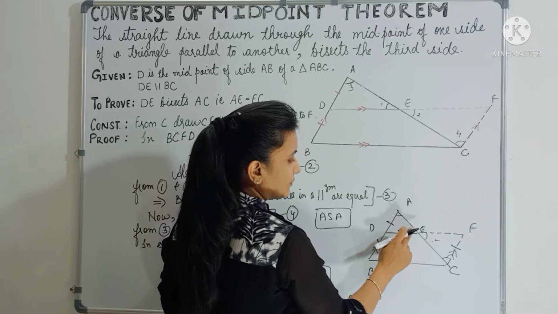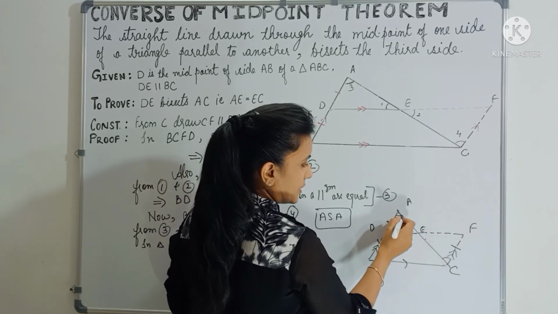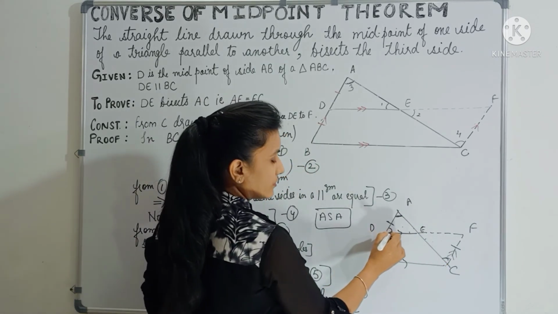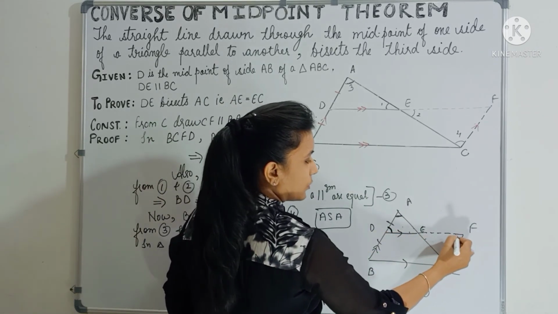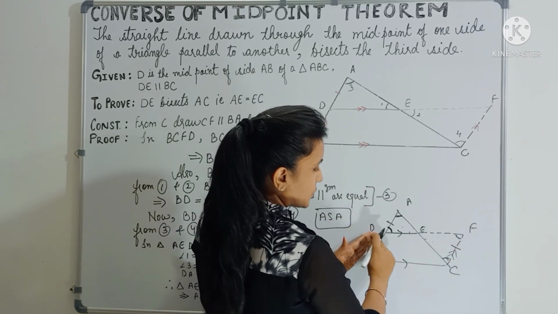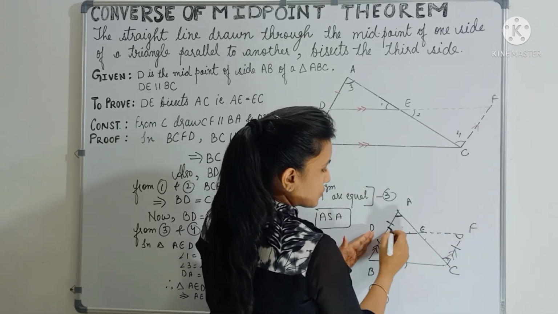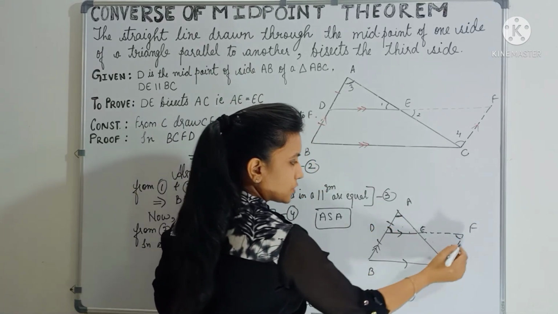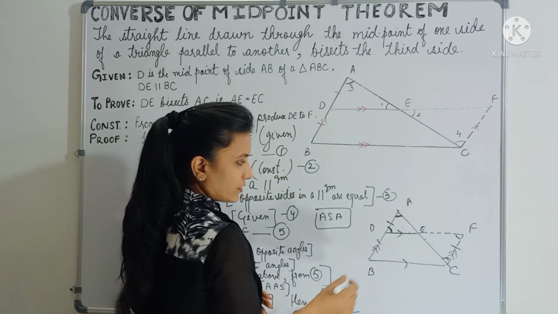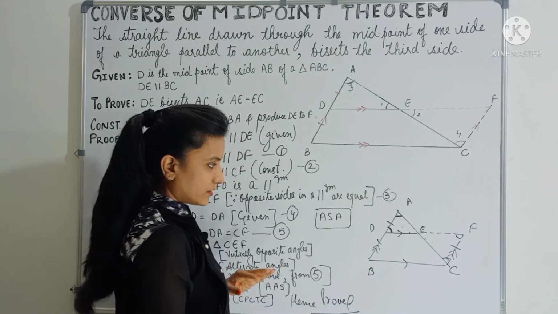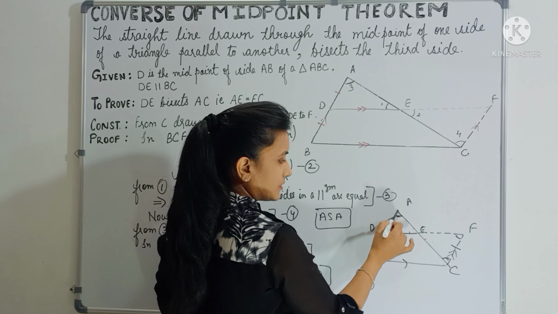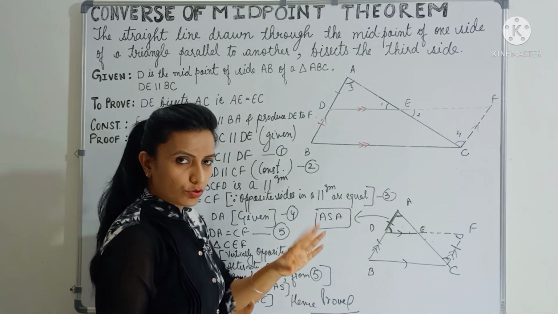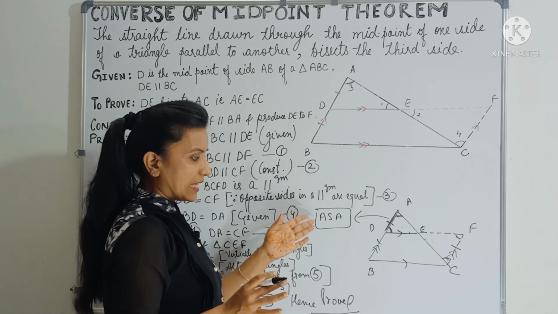So how do you do that? See here, this angle is equal to this angle, alternate angles, right? And even this angle is equal to this angle. Why? Because these two are parallel and this will act as a transversal. So here also these two angles are equal to each other, right? And AD is equal to CF. Now if you check the sequence of angles and sides taken, first we have taken angle, then side and then angle. So this is ASA. So you can prove the two triangles are congruent using ASA also.